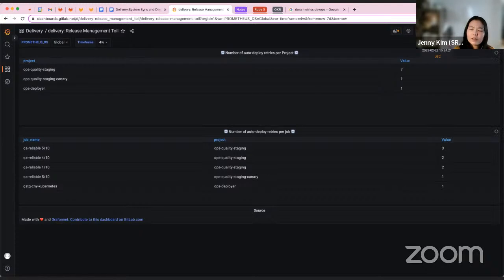I think this is technically called the variable interval. So if you want to use something like 4 weeks, then you need to put this as something more than 4 weeks and so forth. But so far you can take a look at which projects or jobs require the most retries. This probably will help us focus more on what has been failing the most, which is apparently QA reliable 5 out of 10. I don't know what is going on there, but we have this view,